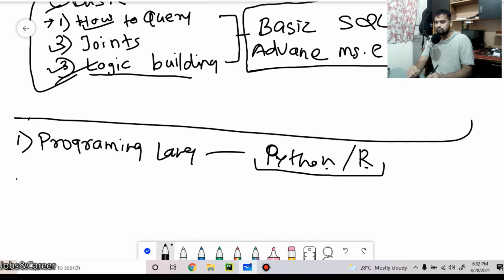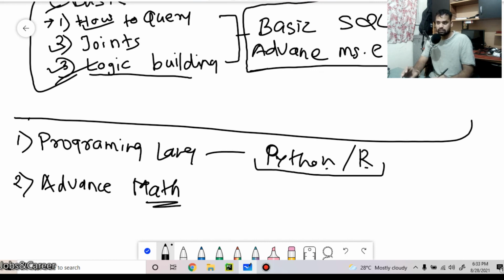Then second thing, you need to learn advanced mathematics. Advanced maths will help you to learn new things easily. You can write a formula of any mathematical thing, for example aggregate, and you can try to code that formula with the help of Python and R. This is how you can learn Python and R. You can build logic, implement mathematical formulas in coding and explore.